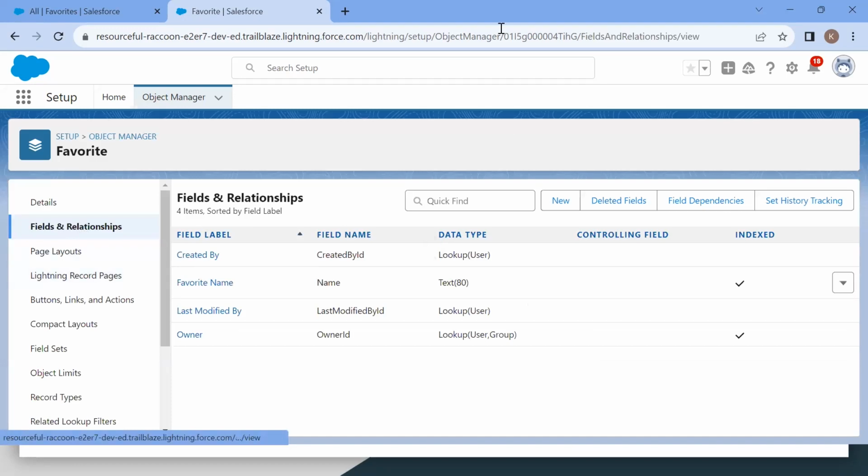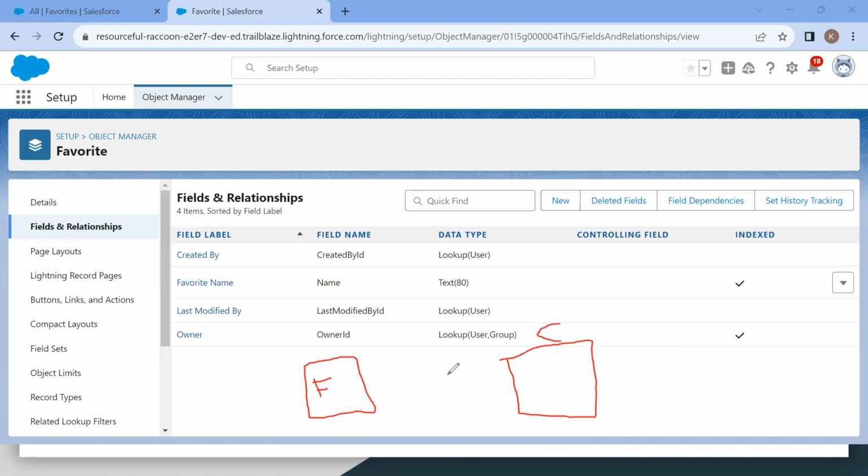Relationship in the sense, suppose there is one object, favorite. Now there is another object, contact. I want to add certain contacts here in this favorite. This is a contact object. This is a favorite object. Between these, I just want to have a relationship in such a way that I can add multiple contacts